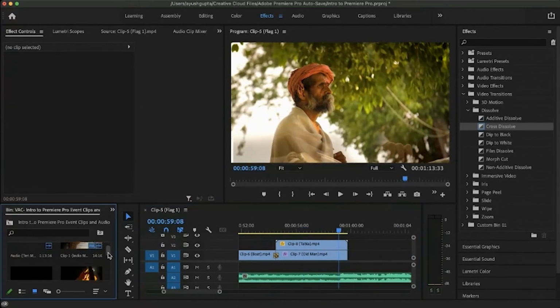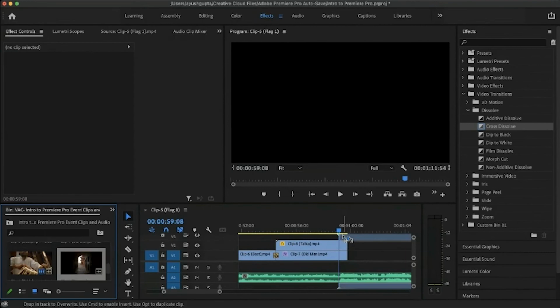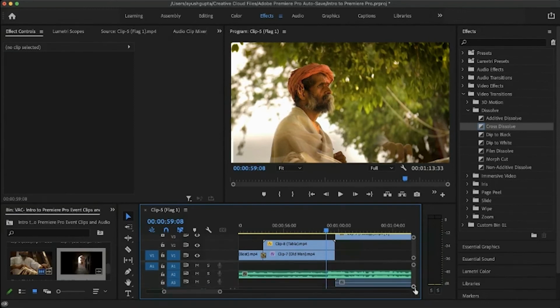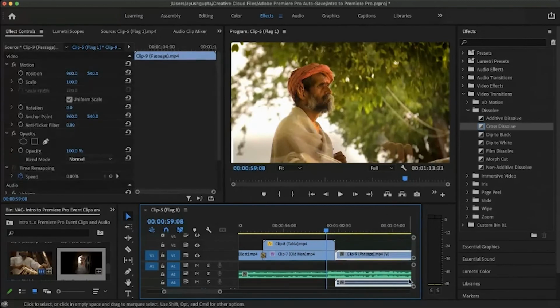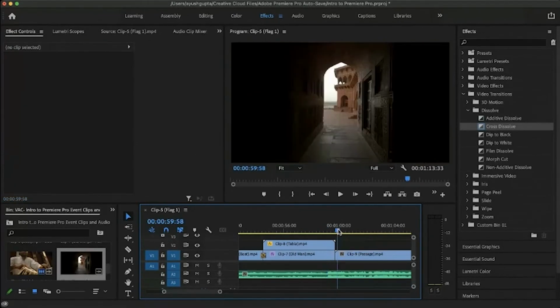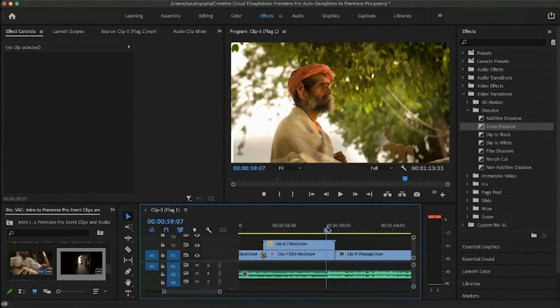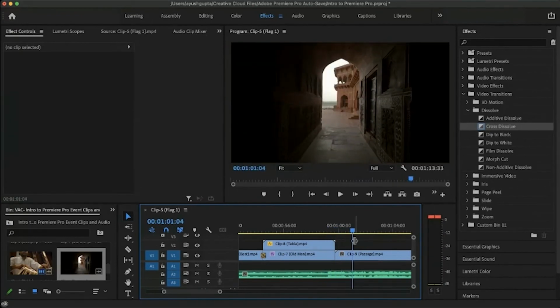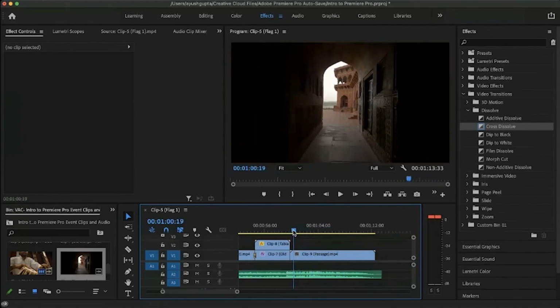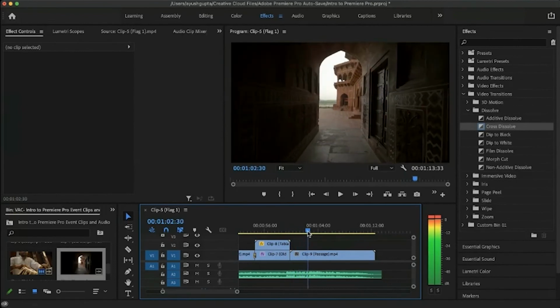Now we'll move to the clip 9. This is the zoom part. We'll unlink the audio again. We'll delete it. And then now we'll work with the clip only. Now in this clip, I'll explain to you the speed ramping part. Speed ramping is the process in which the speed of the clip changes as the clip progresses.